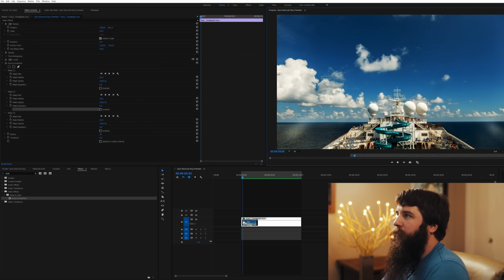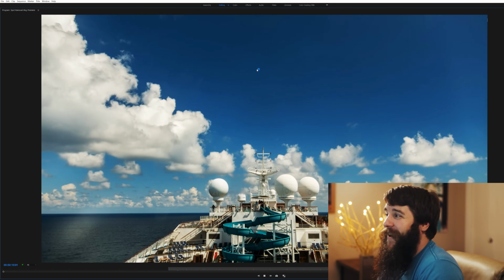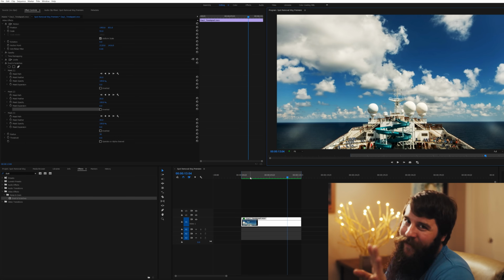Alrighty, it's rendered now, so let's make the player window big and let's hit play. And look, no dust spots. You cannot see any of those 3 dust spots that I took out. How incredible is that? They're gone. That is amazing and a total lifesaver if you have dust spots, sensor spots, beard hair, whatever on your video